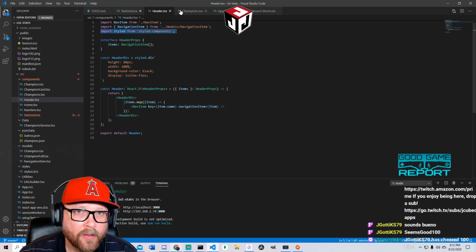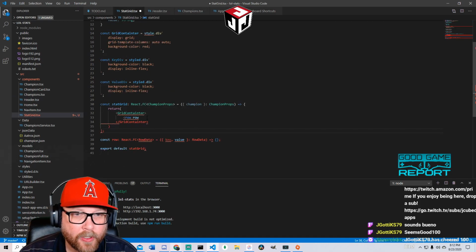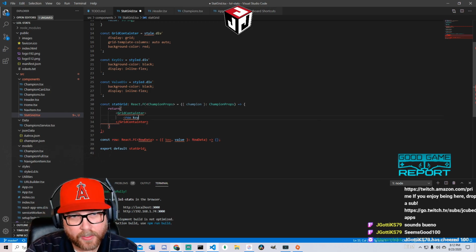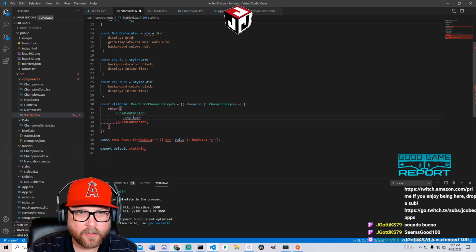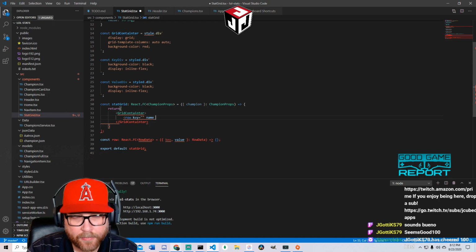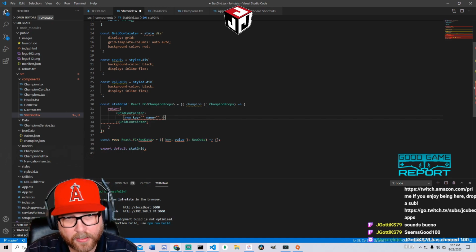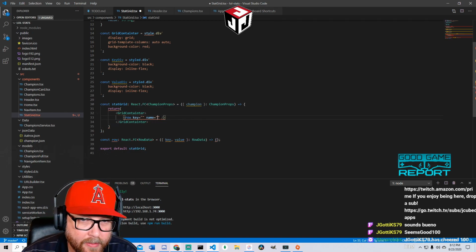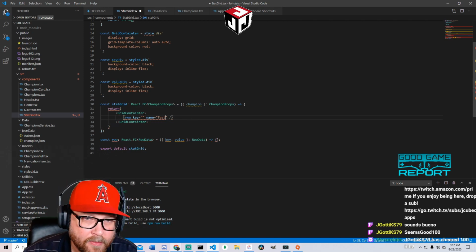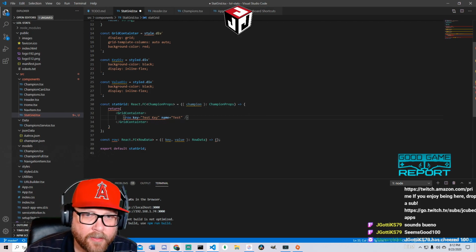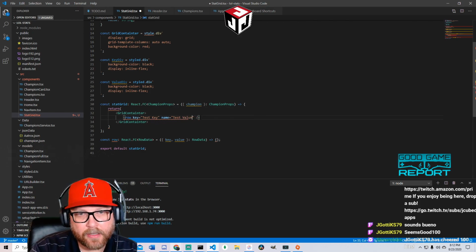Okay. So then I need to go row key equals name equals, and then I can auto close it because I don't need it like that. Name test, test key, test value.